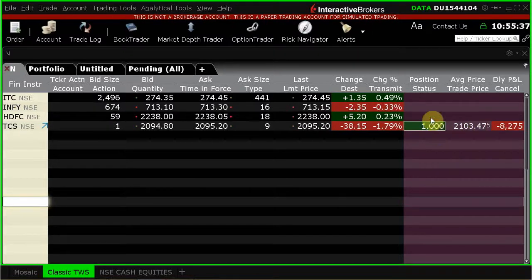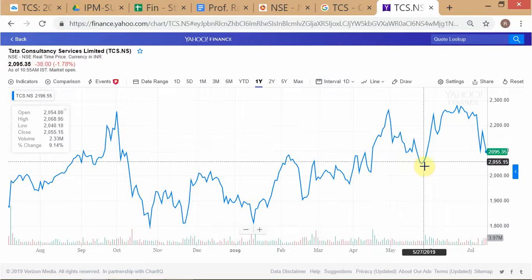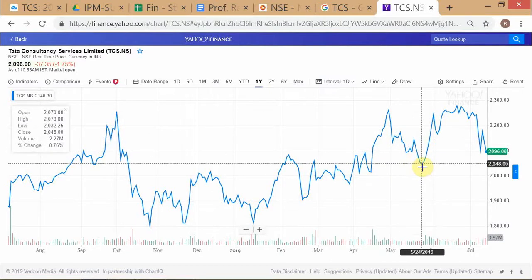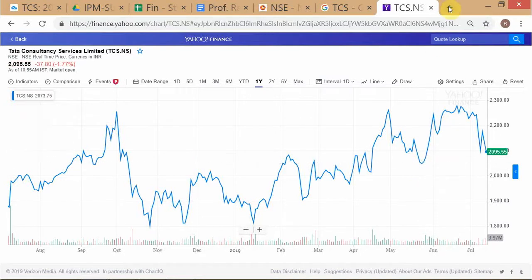We've got 1,000 shares to worry about. This is my position, 1,000 shares. It's in green because you're long, and you're already losing money. Because you bought at 2103, now it's already dropping. Now I have to make sure that I protect my losses. Where did I put my stop? I said my stop should be on 220.48, so let's make it a little round figure, and let's make it, because I can't get